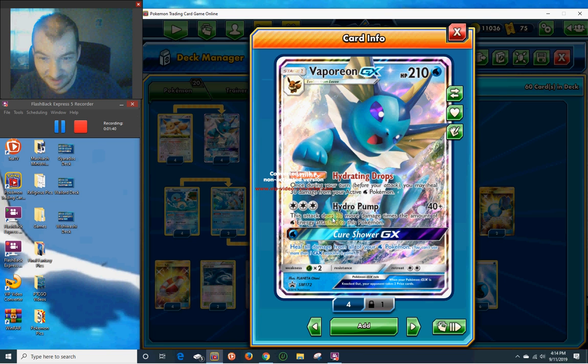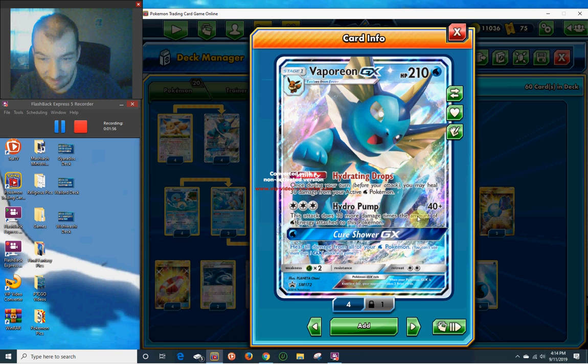Hydro Pump does 30 damage times the number of water energy attached to him. So with 3 water energy, he does 130 damage. And yeah, you can keep stacking that. And his Cure Shower GX attack